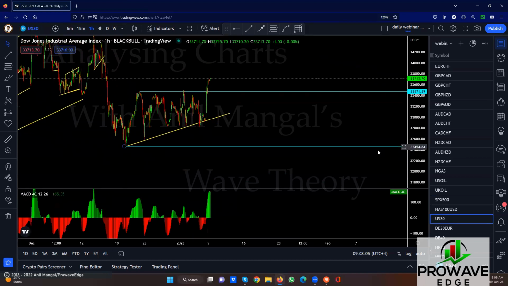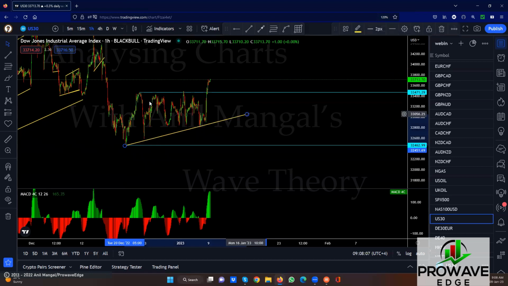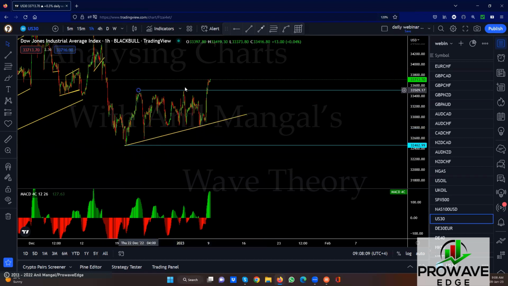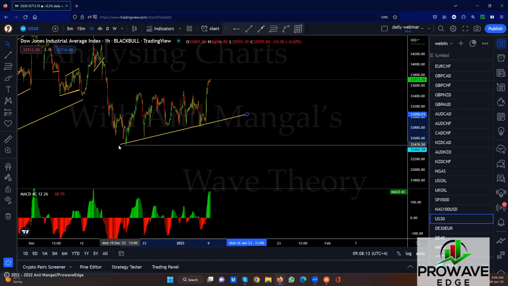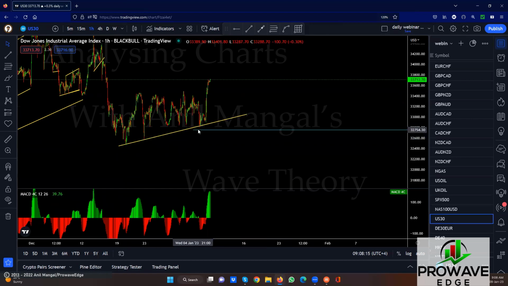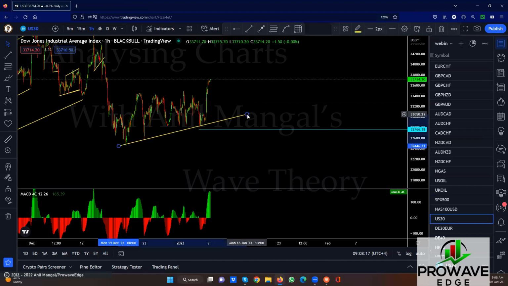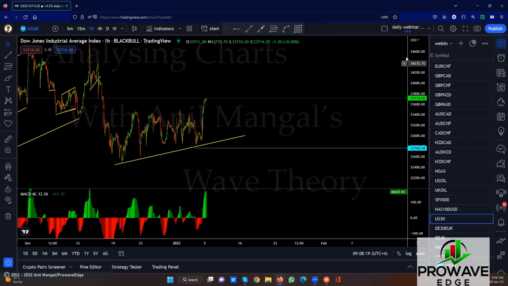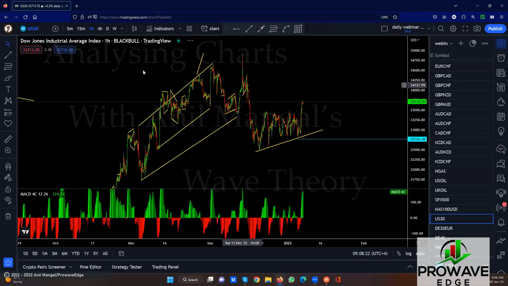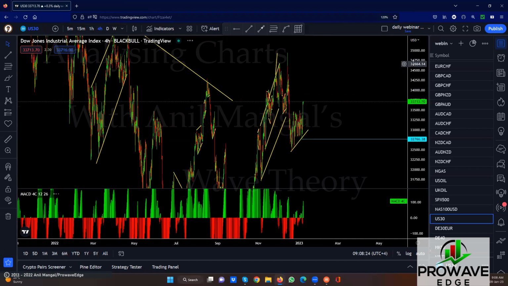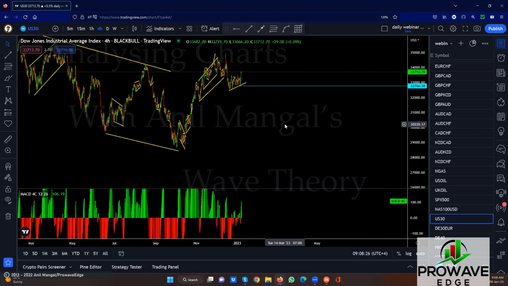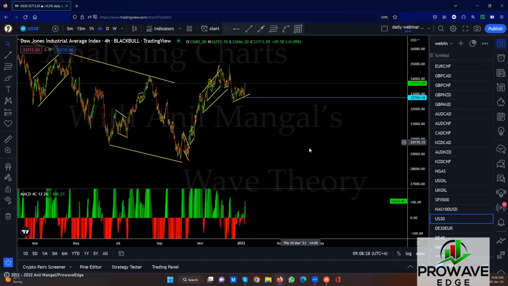And US 30. Same thing. We wanted to go break the top. They broke the top. Don't try to sell it from the bottom here. It's far away. Let's see if we can get it in the trading room from the top coming down, right? Because we've got a very nice impulse. The bigger picture is clear. And yeah, they can go lower. So we'll see where that leads us.